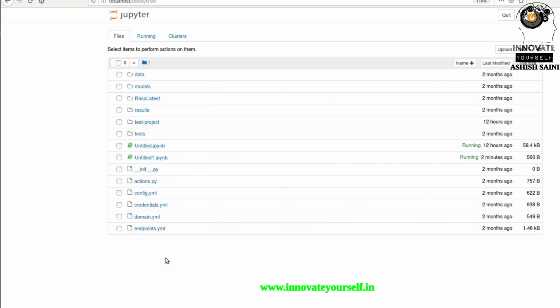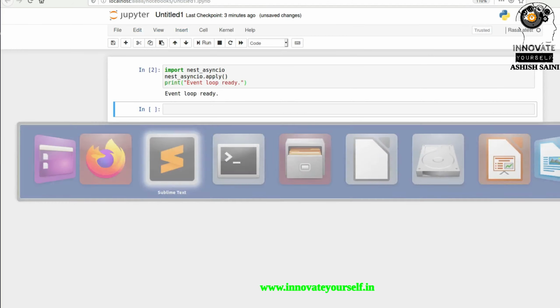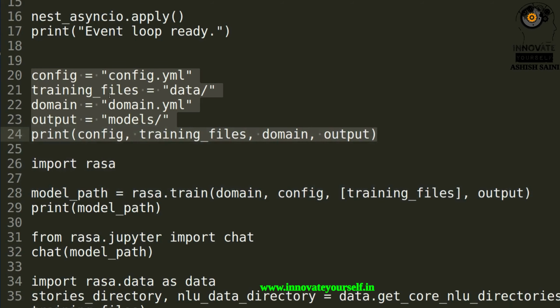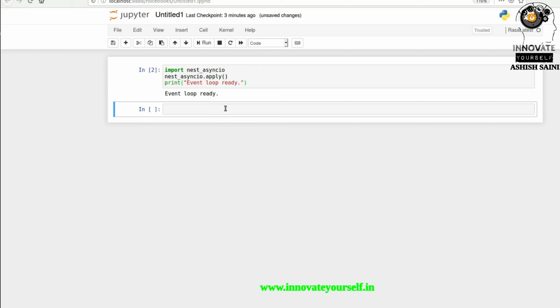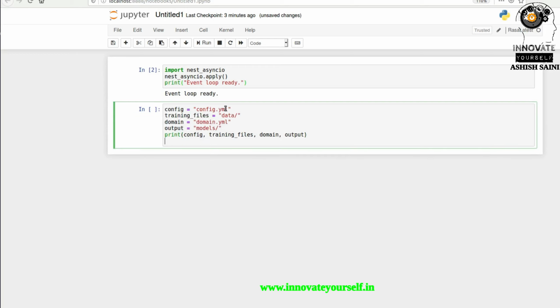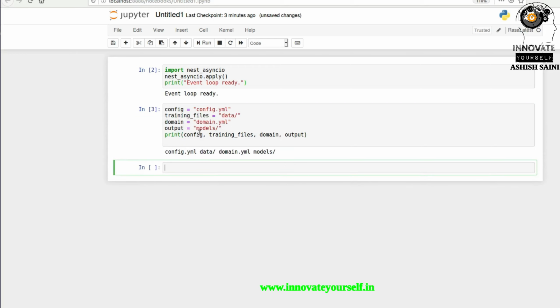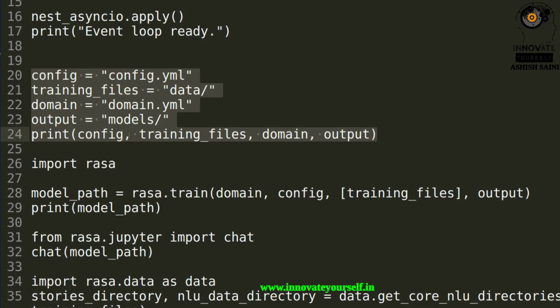So in this way you can store it, but if you are modifying that, then you have to modify the paths accordingly, right? So just copy this and paste it, so that we can pass these values accordingly during the training part, right? So I'm done with this part, and after that, it's time to train the model.